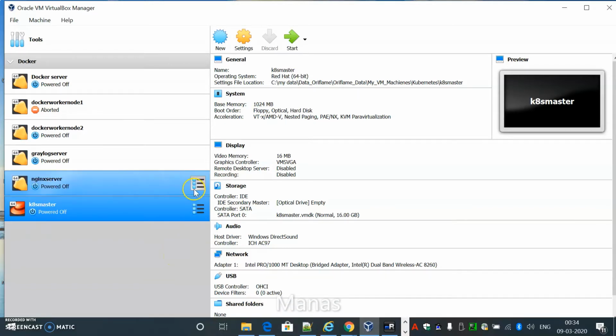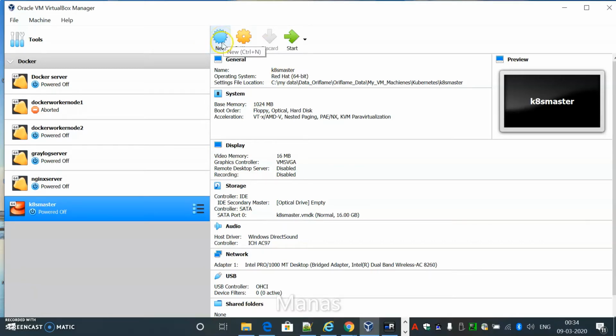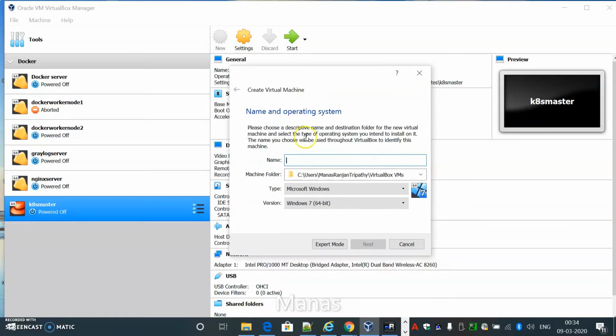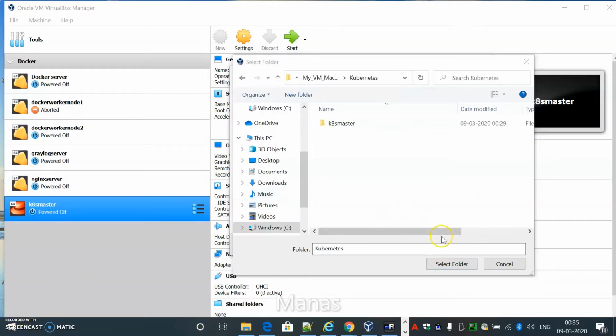So today we'll see how to install CentOS 8 on Oracle VirtualBox Manager. Let's start. You just create a new machine and give it a name, CentOS8. Okay, it is master, and you give a path for this VM to be saved. I'll save it here,